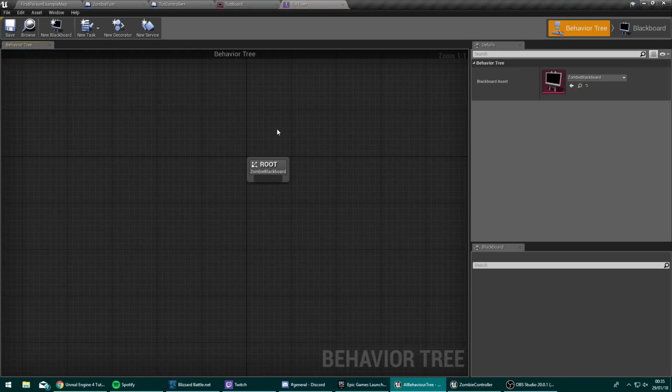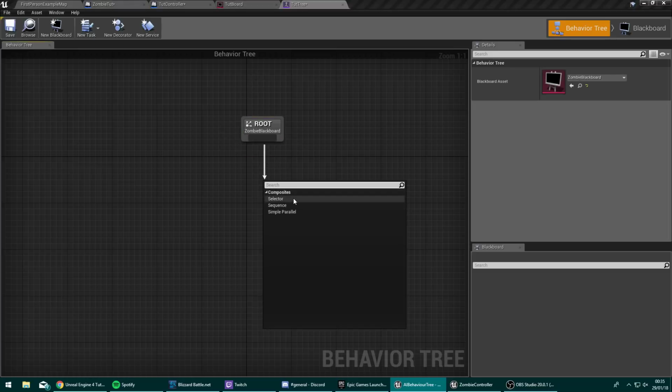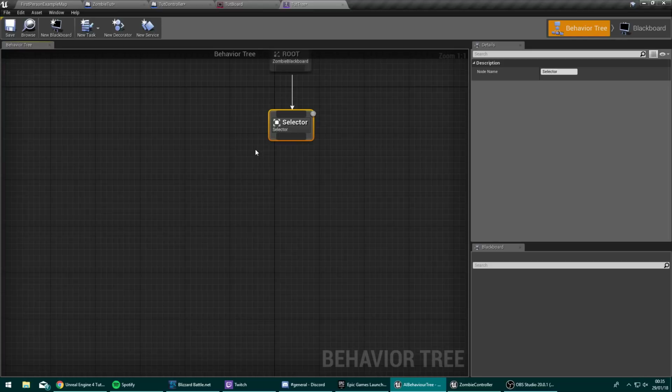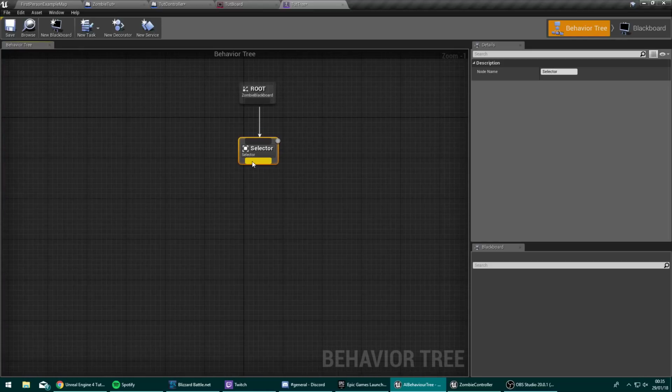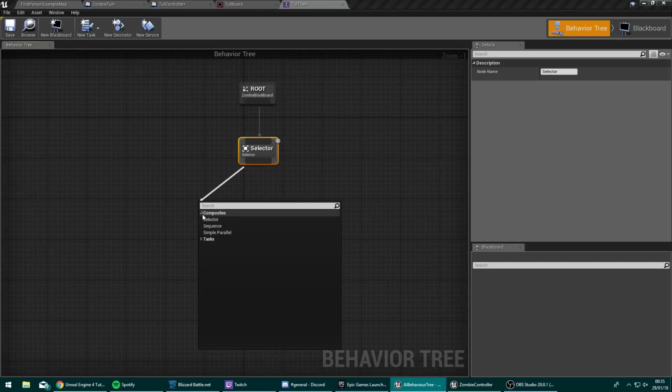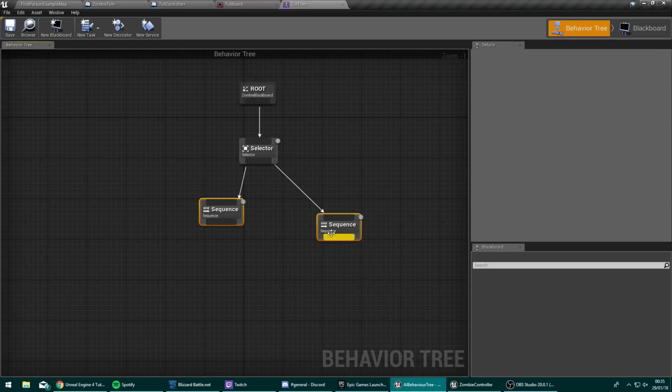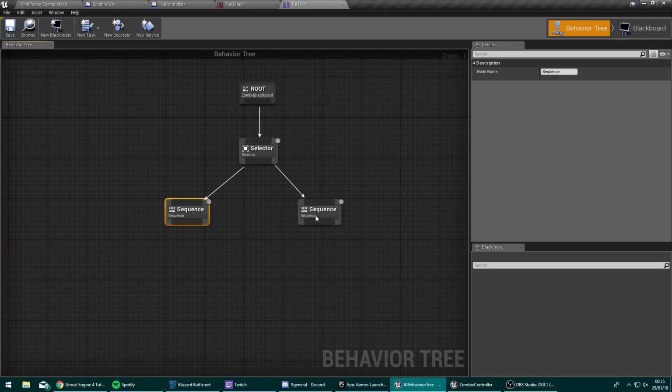So in a behavior tree, you start with a root, and a root can connect to a composite. So you have a selector, which will... what's the best way to describe this guy? He'll do one unless the other one fails. I think I'm still a little bit rough on the edges on how best to describe these guys, but we're going to come off this and add a sequence on this side and a sequence on this side. Okay, so